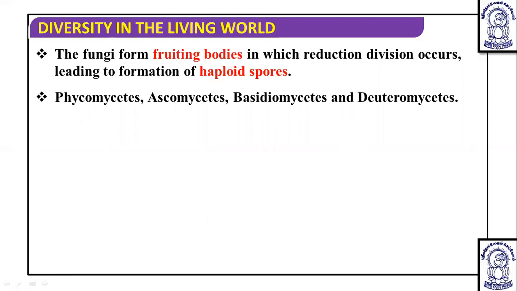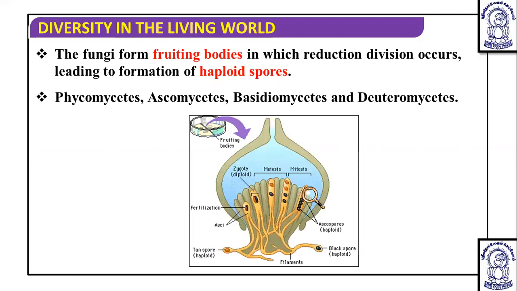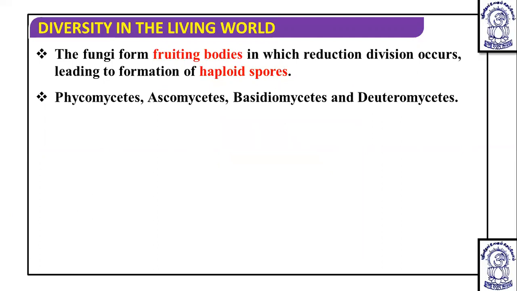Now, here we will study that these Phycomycetes are also divided into two groups, that is Oomycetes and Zygomycetes. Okay, this Phycomycetes is known as algal fungi,